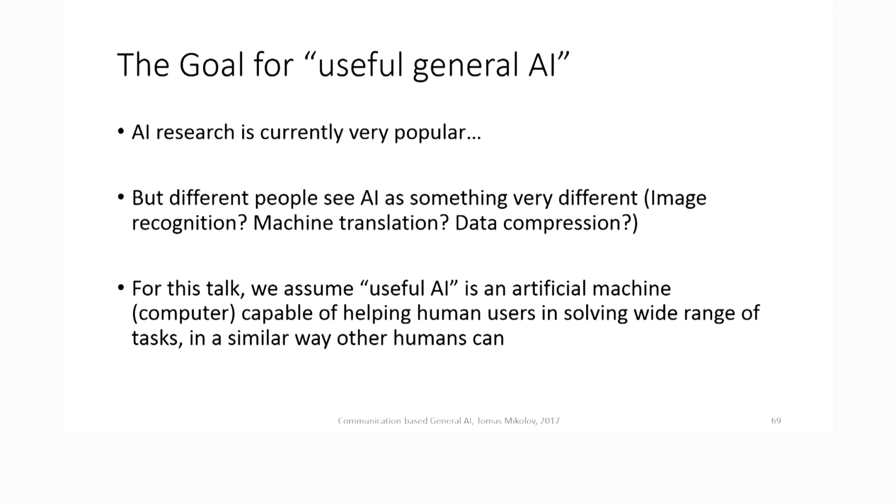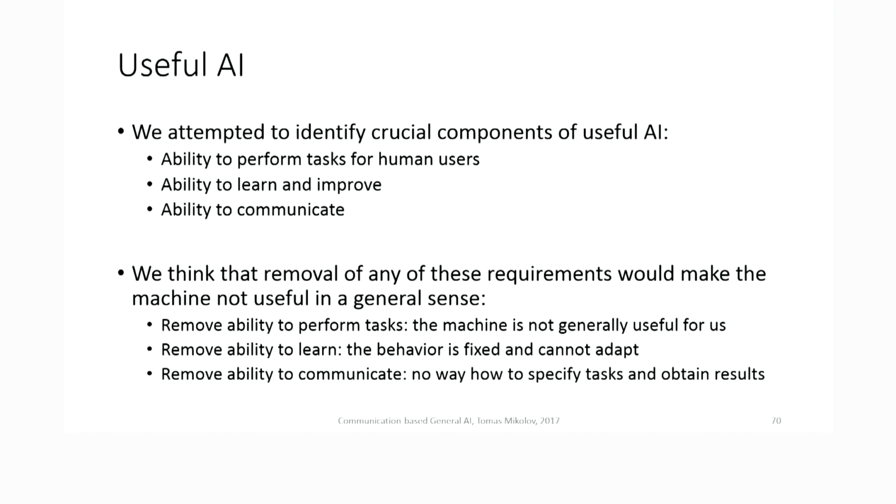And that's what we try to define a bit more precisely. If you want to have useful AI, then we think that it's completely necessary that this AI would be able to acquire tasks from us so that it actually can do something useful for us. And for that, it needs to be able to communicate with us. It needs to understand our instructions in some natural way that would be very accessible to everyone, and not just the researchers, but to the wide population.